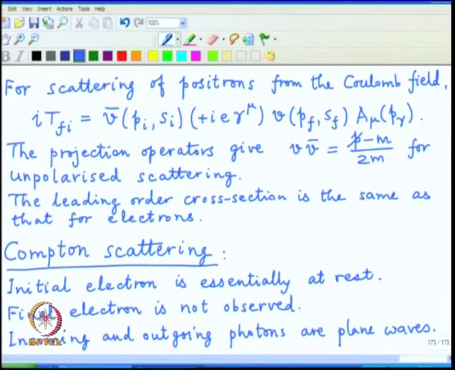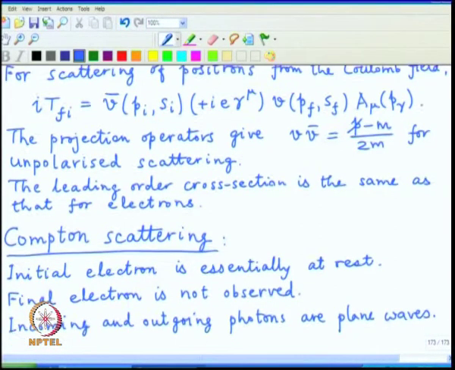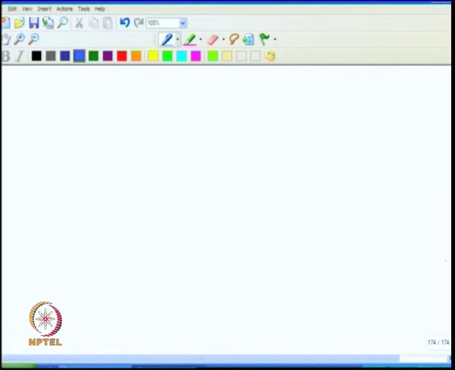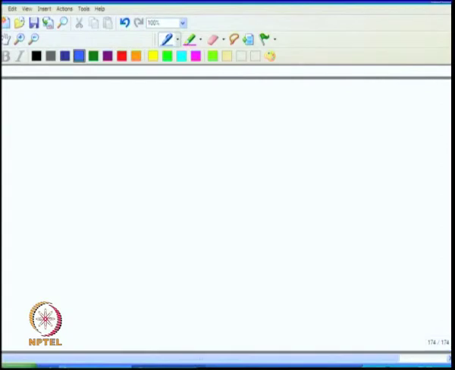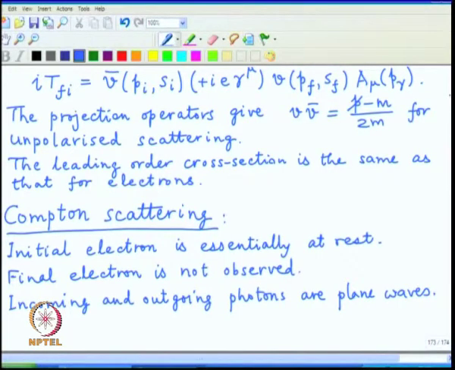So, that describes the initial and final states of the process, and we want to now calculate various things